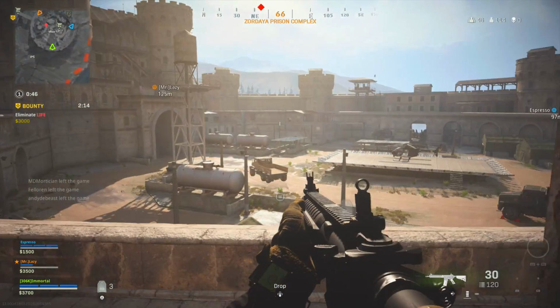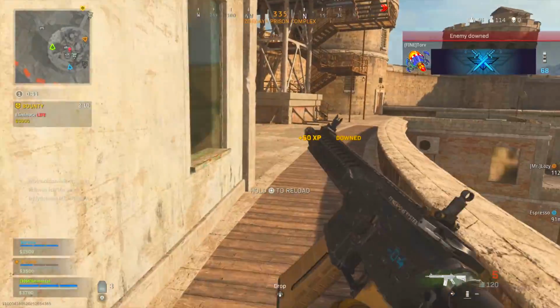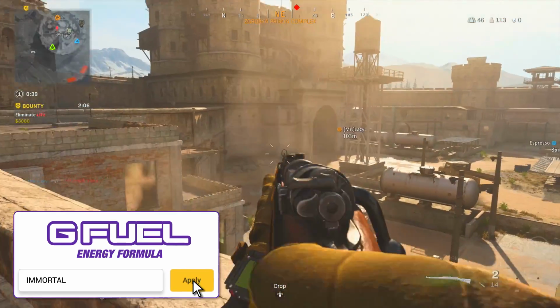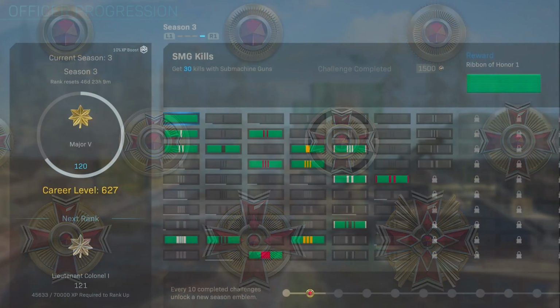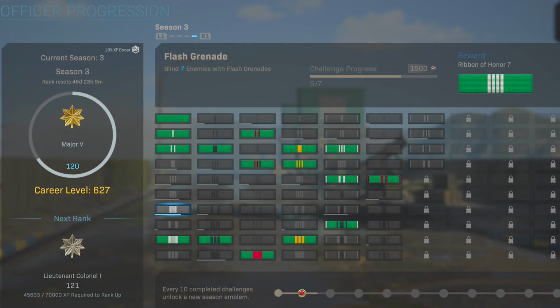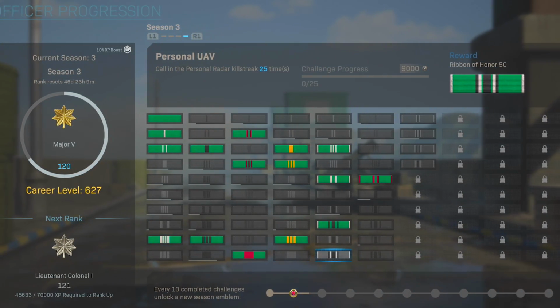Now, next up, this item is rare because one, it takes quite a bit of grinding to unlock when it's all said and done, and two, it is once again exclusive to Season 3. And of course, here we are talking about the Season 3 Completionist emblem, which you unlock via completing all 100 officer challenges for the season. So first things first, you cannot even unlock this emblem until you are rank 155 and you've unlocked all the